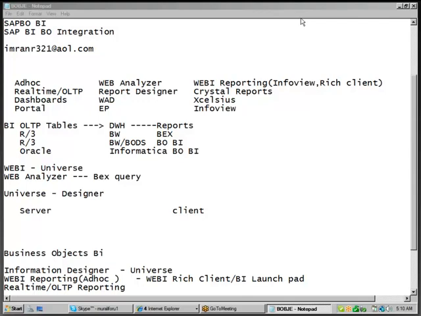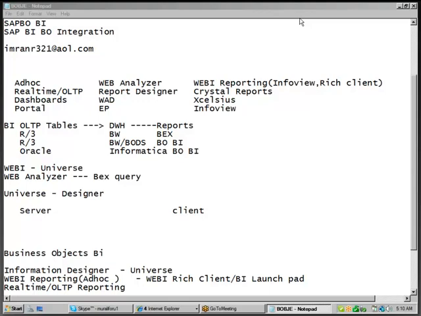On top of a data warehouse you can create a universe, and in the universe you can make hierarchies. Based on those hierarchies the report will drill down. For example, I told you when you create a report of country-wise sales, if the user clicks on a country it goes to state. If the user clicks on state it goes to city. Where you define that order, that hierarchy order, you need to define in the universe.